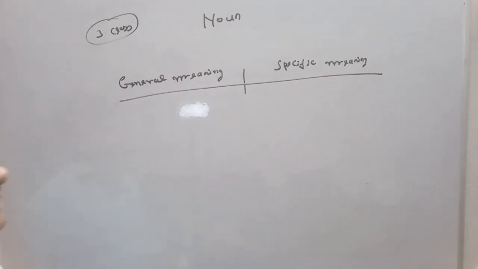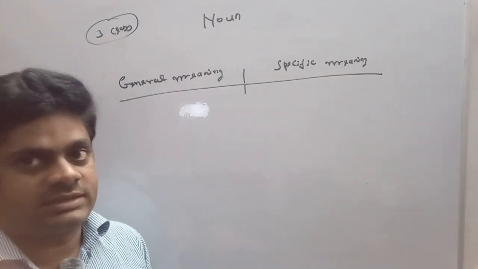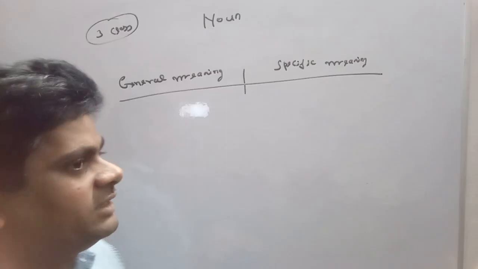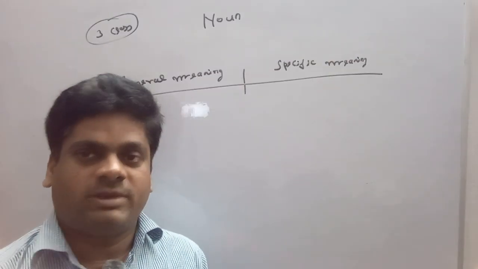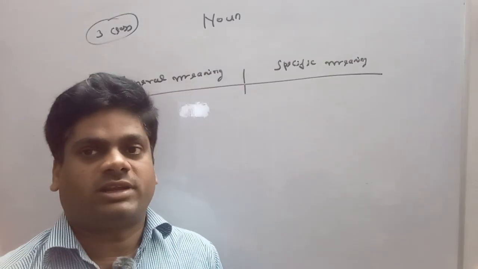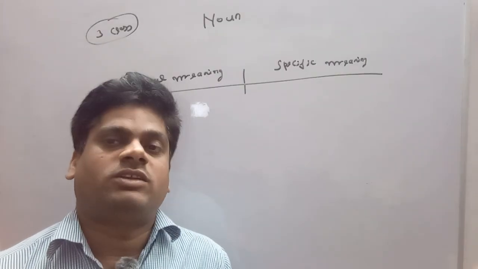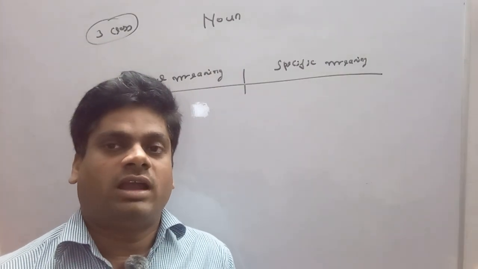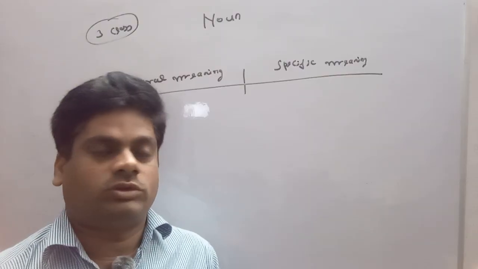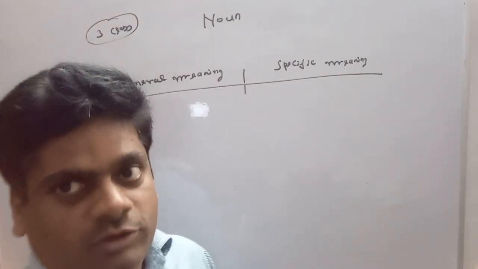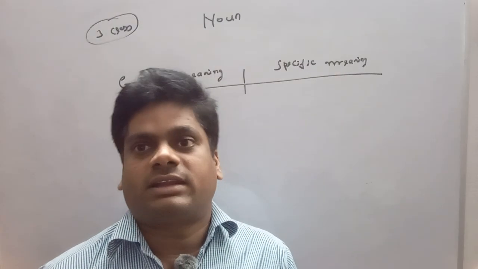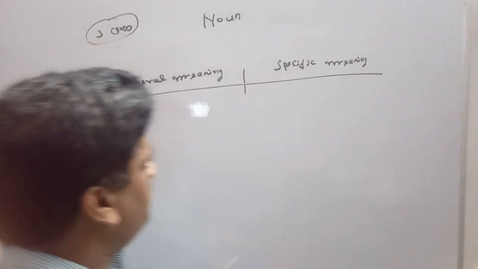There are some places. Now we are talking about places that are supposed to express general meaning and particular meaning. When they are supposed to express general meaning, we cannot use article with them, and if they are supposed to express a specific meaning, particular meaning, then we can put article before the noun, as